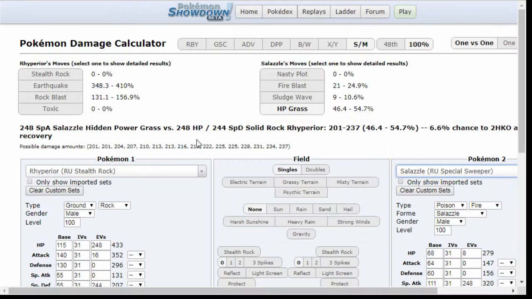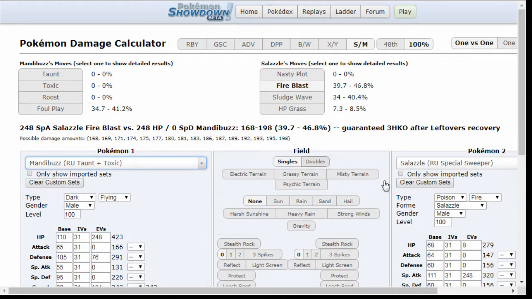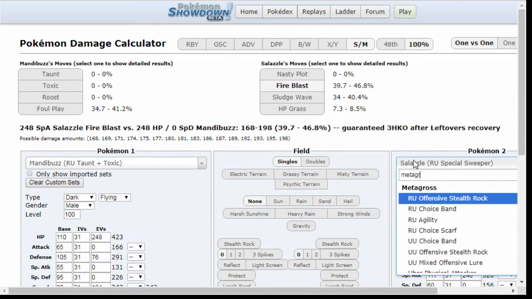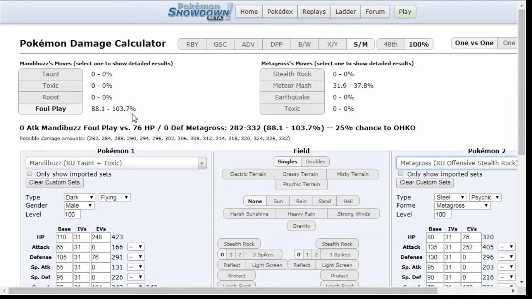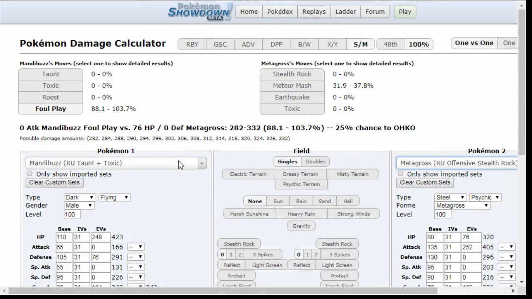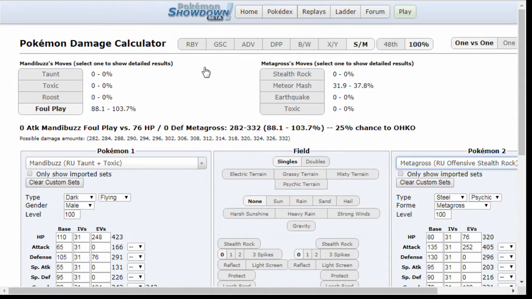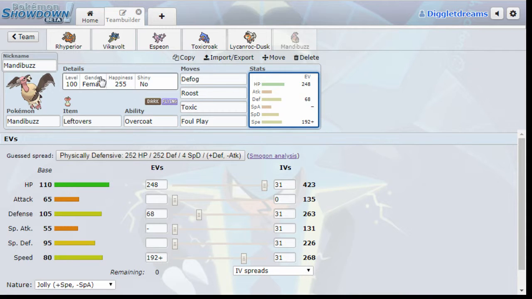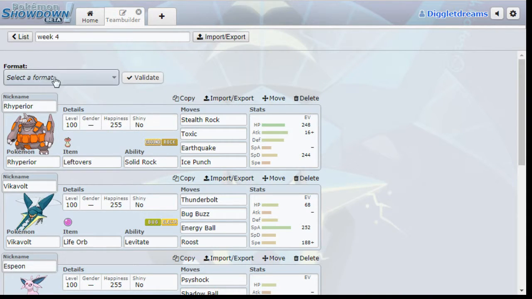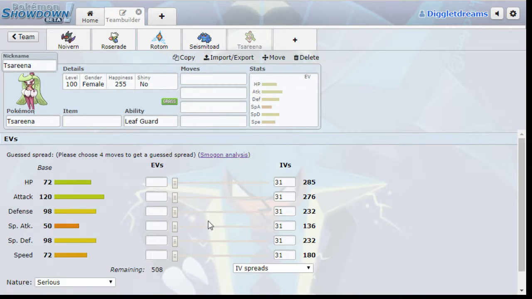Let me actually calc that. Mandibuzz versus Metagross. Let's say he's not Choice Banded. Foul Play still has a chance to knock him out. Okay. So that's pretty sweet. It outspeeds it because Metagross at max speed hits 2... What is it? Oh no, I'm actually also EV'd to outspeed Serena, so I'm even faster than Metagross, really. Like way faster. Serena hits 267 Jolly, which means that my Mandibuzz will be able to take it on,